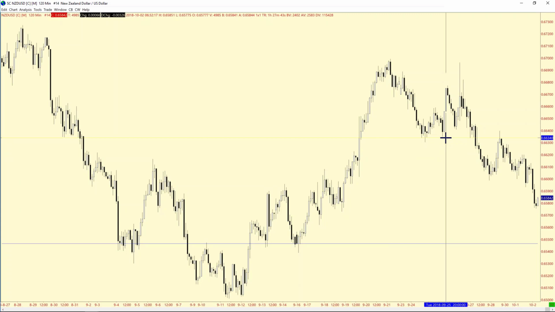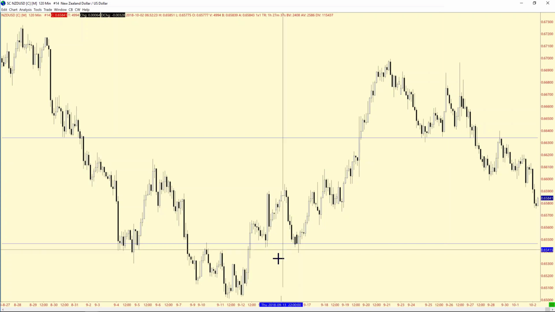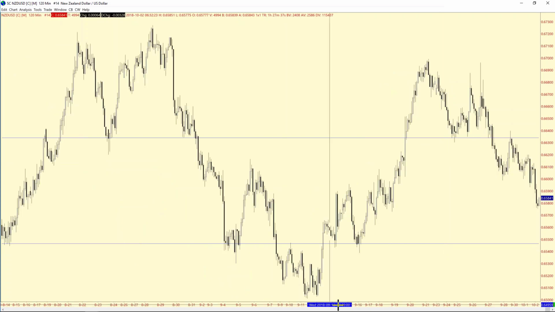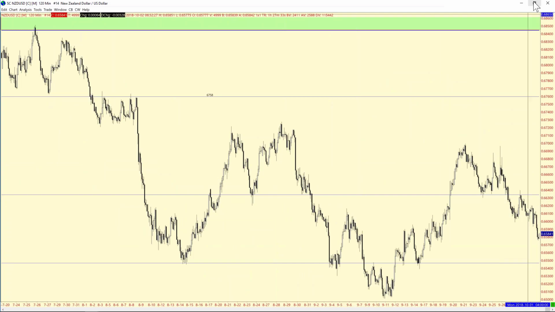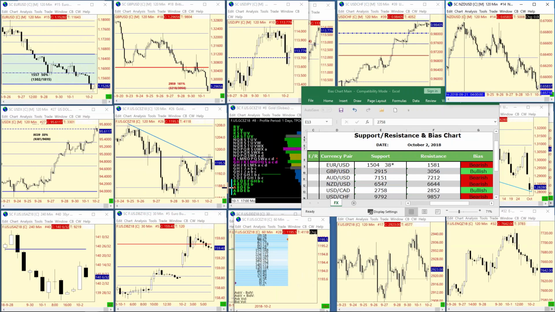I'm going to have to give it some room up in here. So it's a long ways off, but it'd be 66.34 right there. 66.34 on the upside. Obviously still bearish. And let's go move into the dollar CAD.